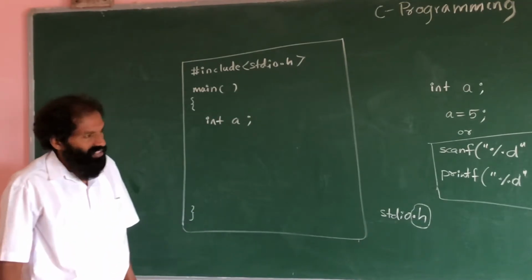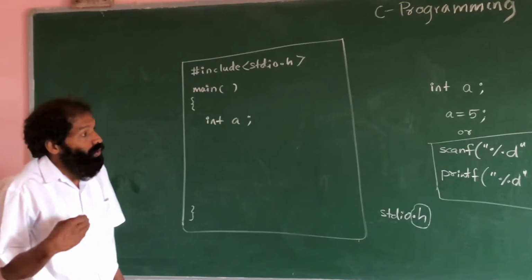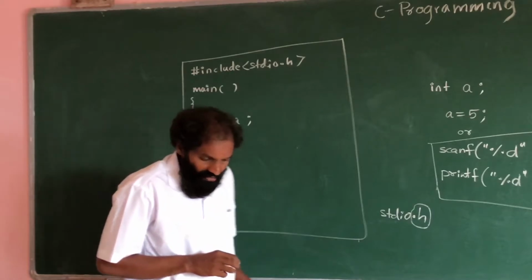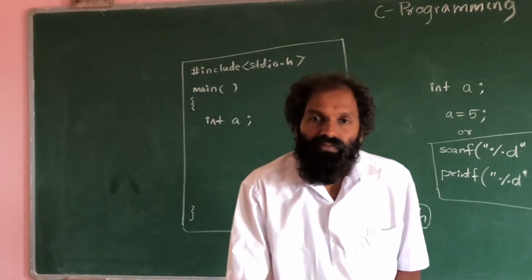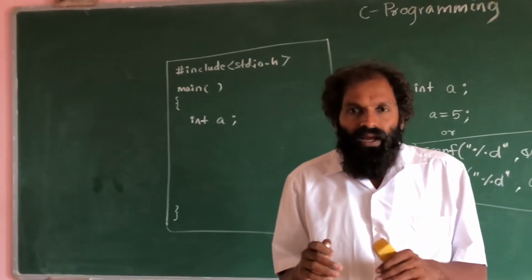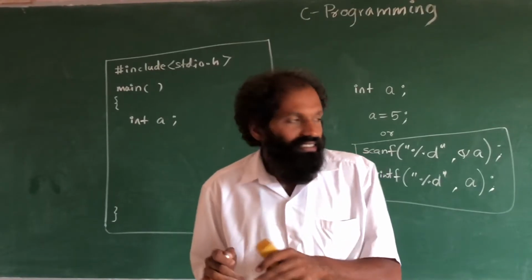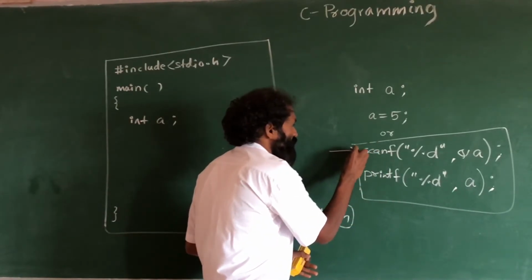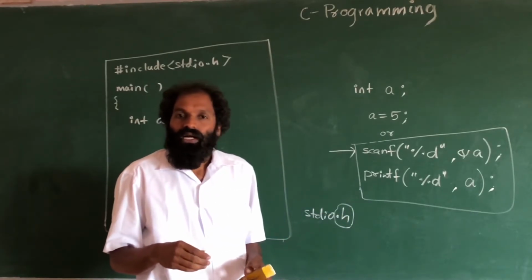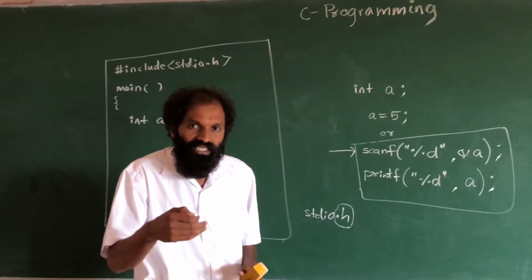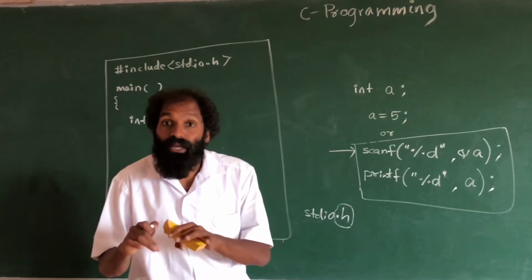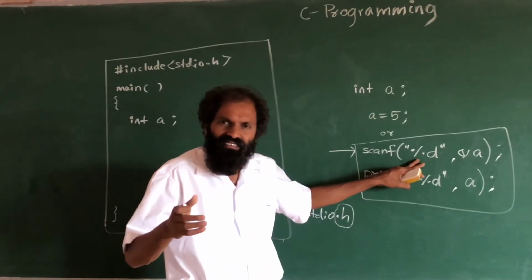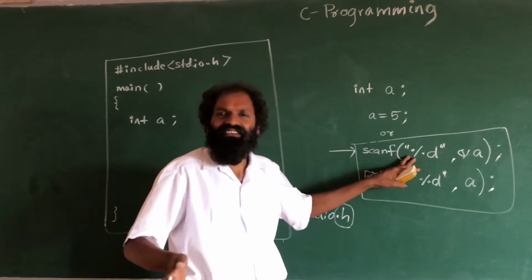Okay, now you have reserved memory, so you want to store a number. Just see, one thing we should know before typing the number: this line, what does it tell? The program or system is expecting you to type 5, but it is not giving any signal. It is just expecting.